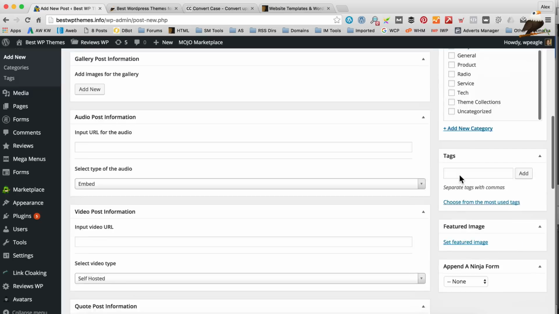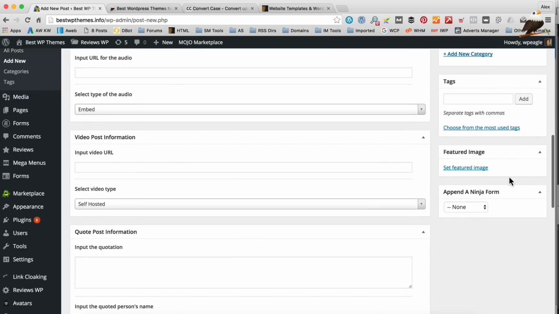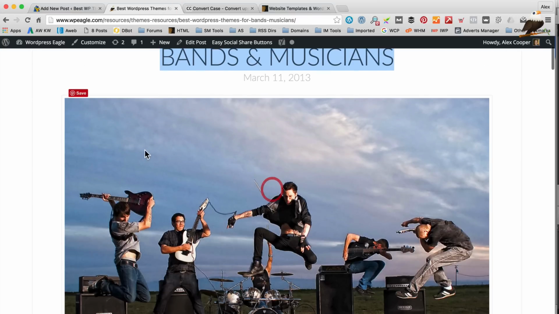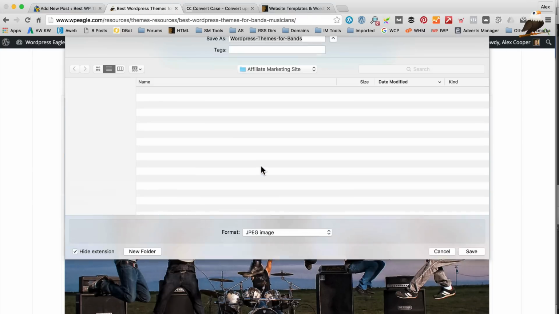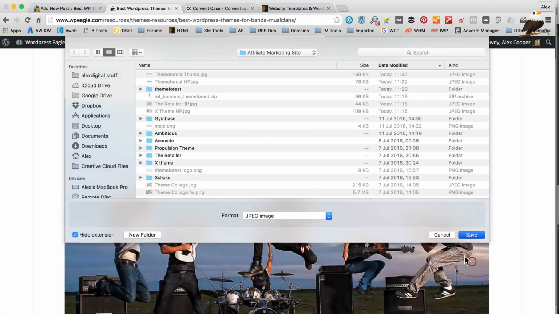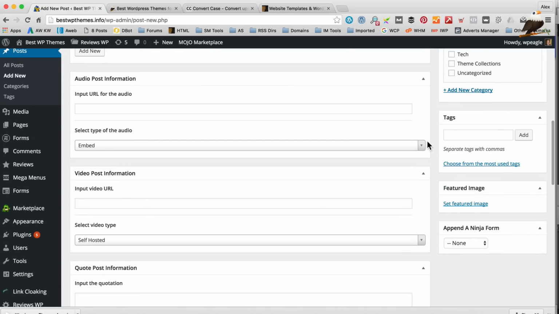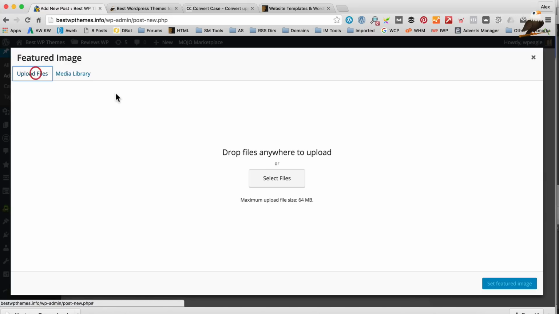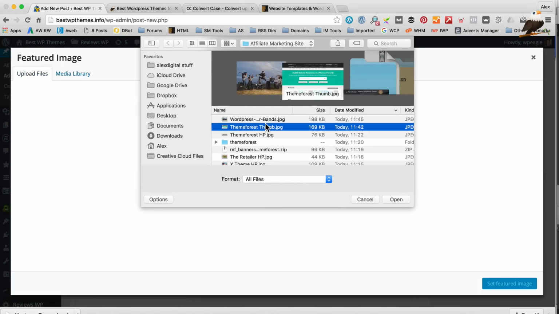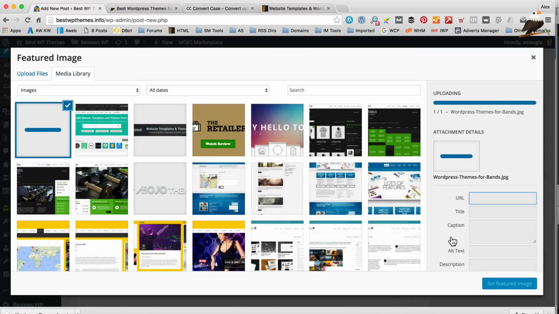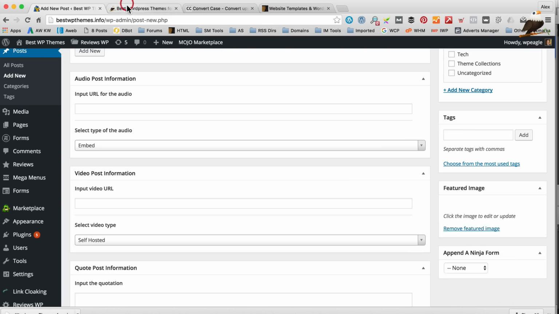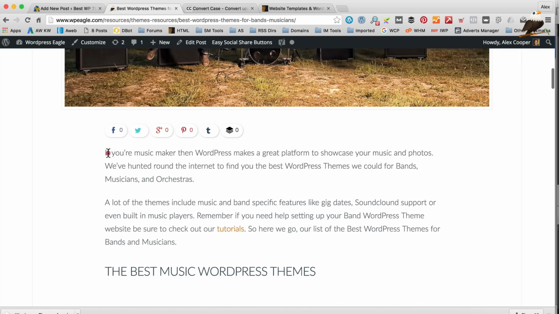And the other thing that I didn't mention just a minute ago was the featured image, which is very useful to set. So for example, I've got this image here, I'll just save that one for this post. Generally, if it's a video post, the video will show, but there's areas around the website where it needs a small thumbnail type picture, so it's useful to set that here by setting a featured image. And it's essential for posts like this one, which don't actually have a video, they're just text posts. So just copy